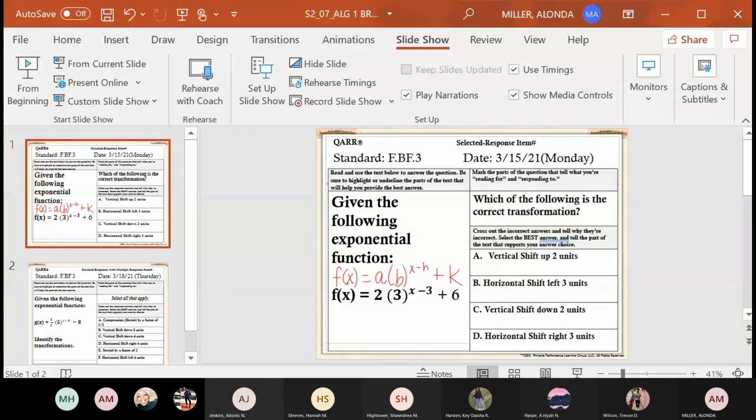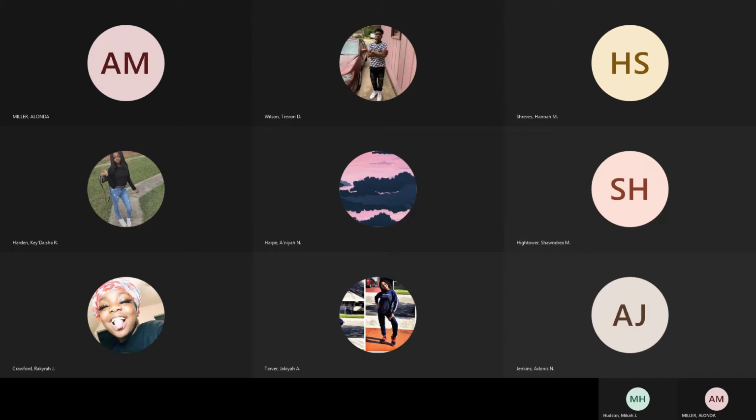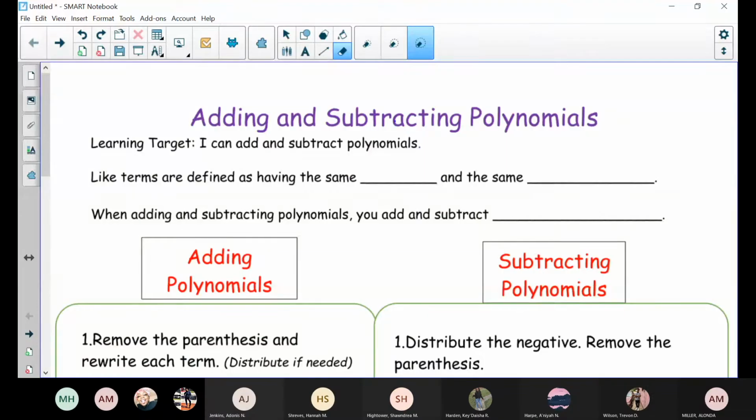All right. Now go ahead and open up those notes that you had from last week because I'm going to very quickly go over subtraction, which was the last thing that we had to cover for adding and subtracting. On Thursday, we'll do multiplying polynomials. At the top of your sheet, it said,